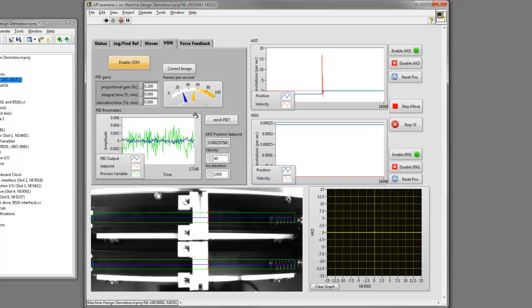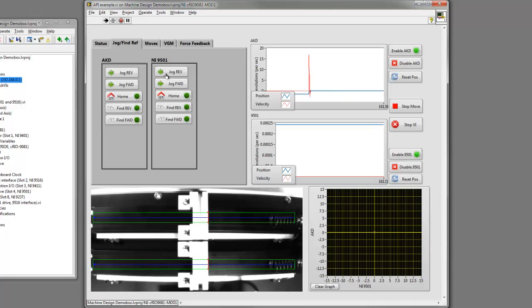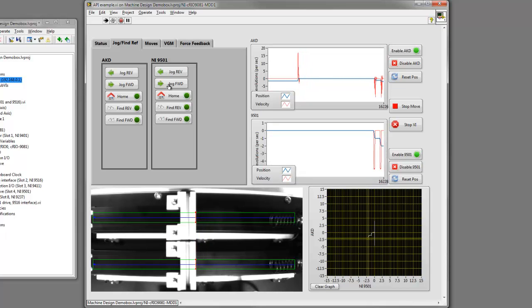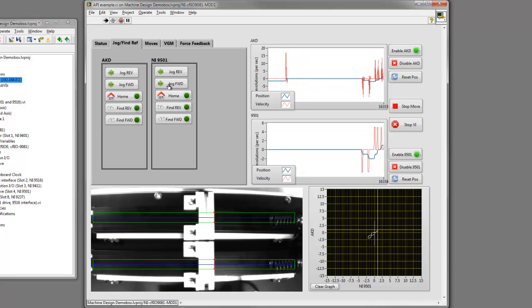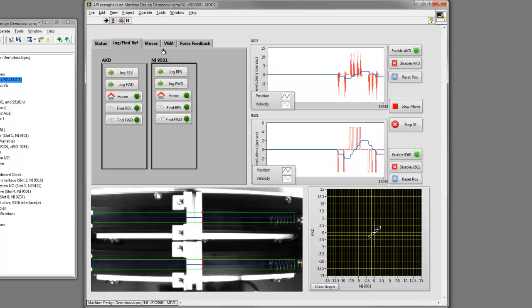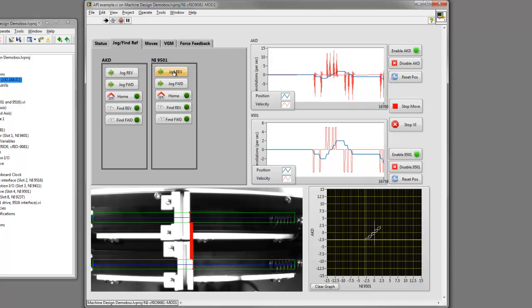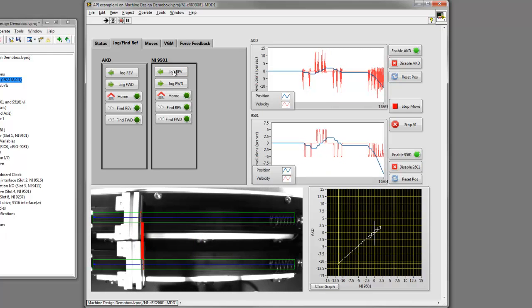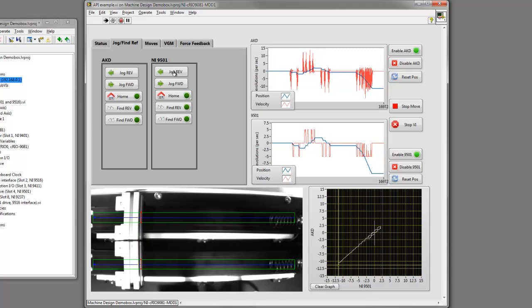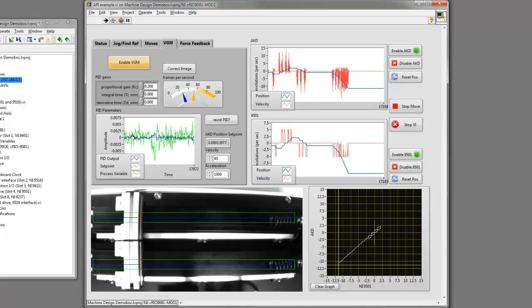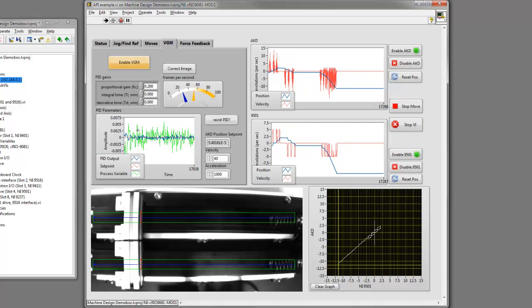If I move my stepper axis by jogging it, you can see that my AKD axis follows that axis according to the control loop. So I'm just going to go ahead and move my stepper axis back out of the way here, give my servo room to run back and forth along the travel,